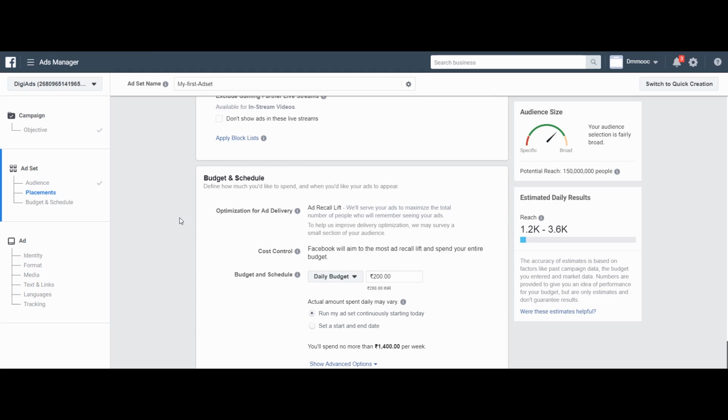Next we have the budget and scheduling settings. Primarily, you will define how much amount you want to spend on advertising campaigns. By default, your ads are optimized for ad recall lift. Now, what is this ad recall lift? Actually, this is a metric used by the Facebook that measures how many people will recall your ad within 2